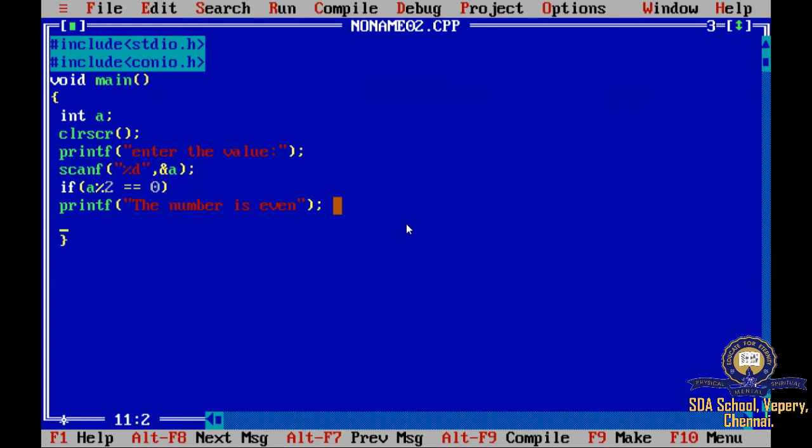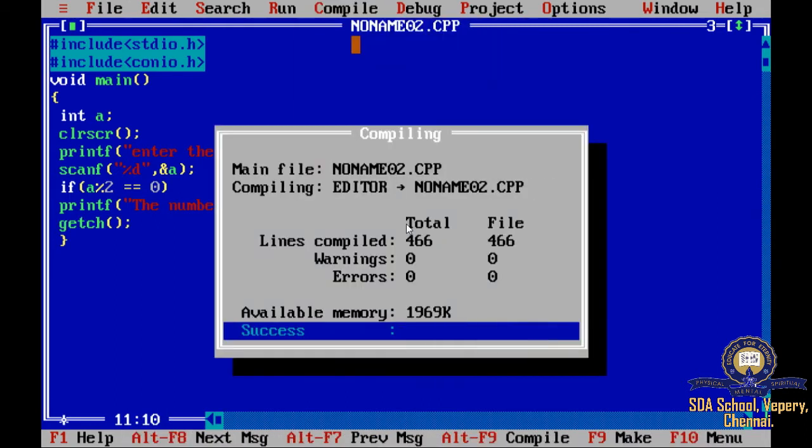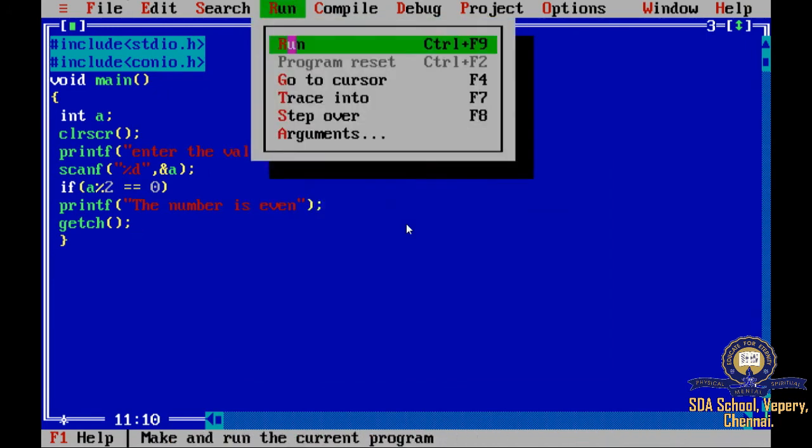We'll give a getch statement. Go for compile. Okay, there are no errors. Run the program. I'm giving the value as 4. 4 is an even number.